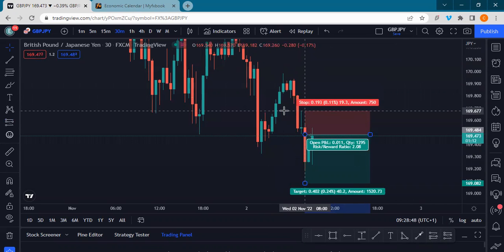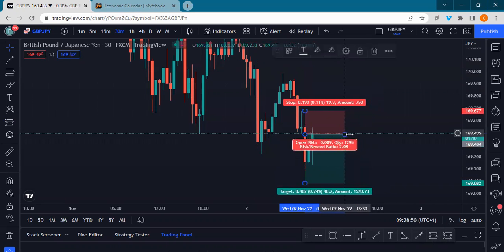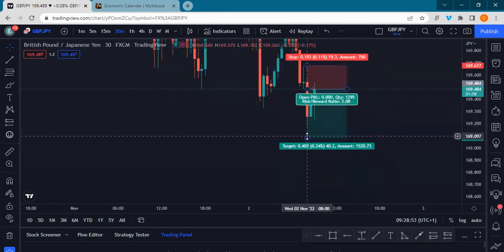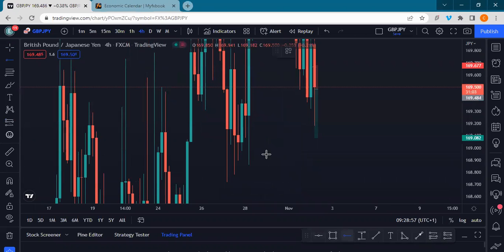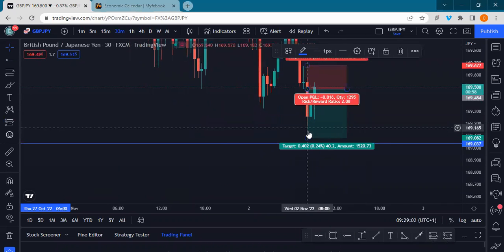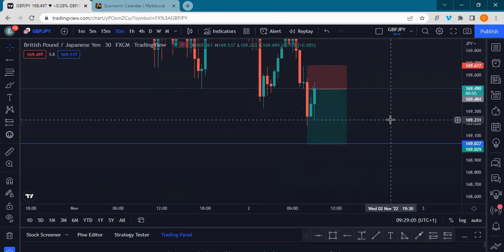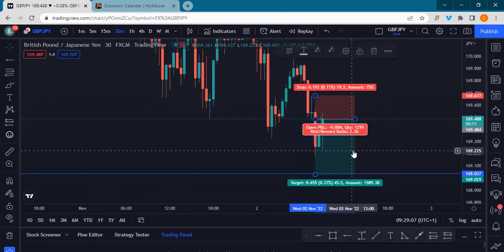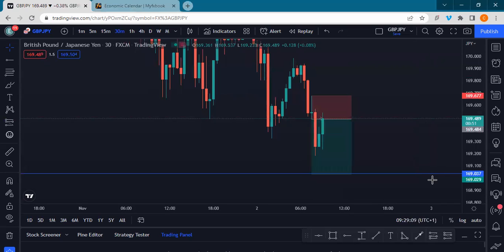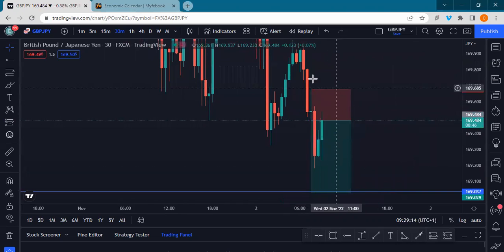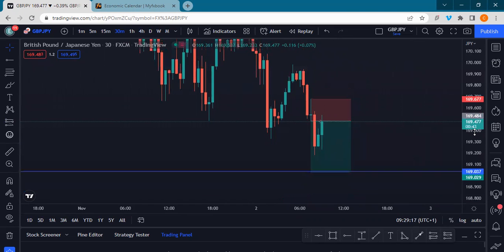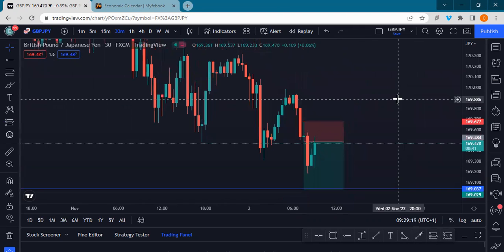Keeping our stop loss above this high, our TP was the 4-hour level. This 4-hour level, we had our TP here, although it was overly ambitious, because we felt that the next low would just, yeah. So this is it. This was the trade.